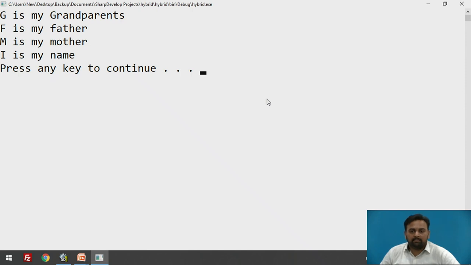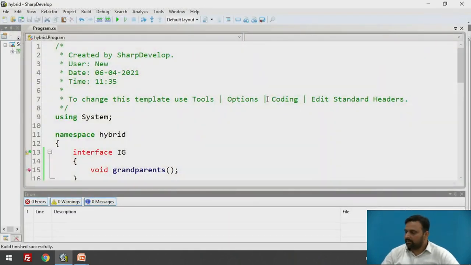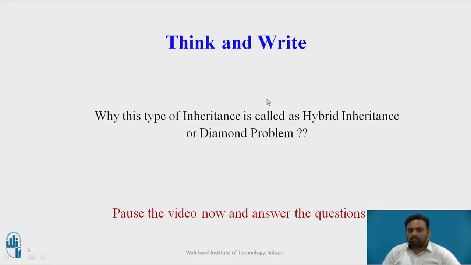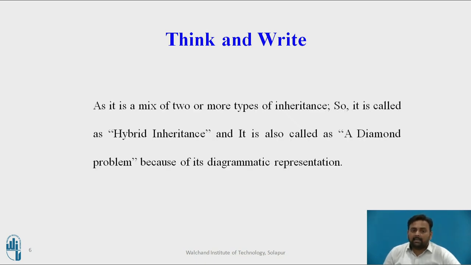So in this style we can implement hybrid inheritance. One question for you, that you have to answer: why is this type of inheritance called hybrid inheritance or the diamond problem? As it is a mixture of two or more types of inheritance, it is called hybrid inheritance.